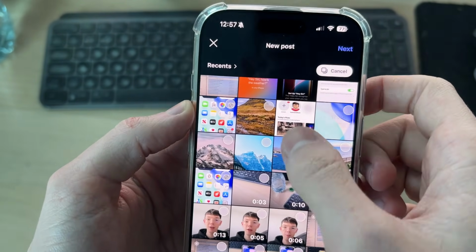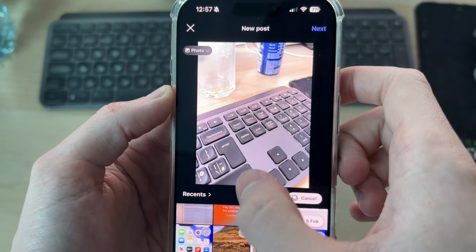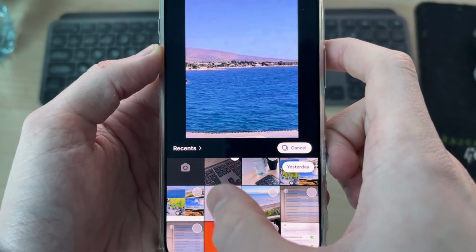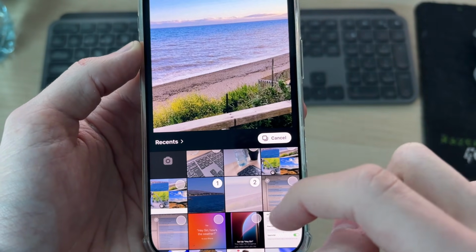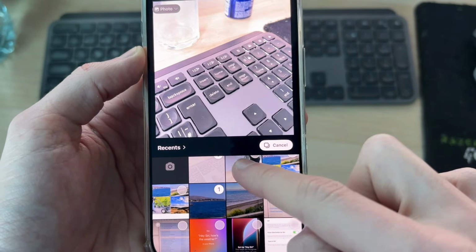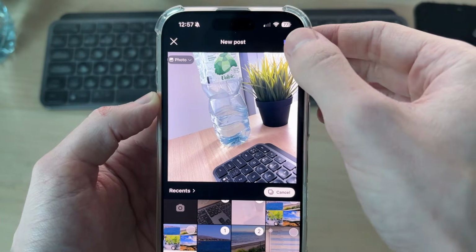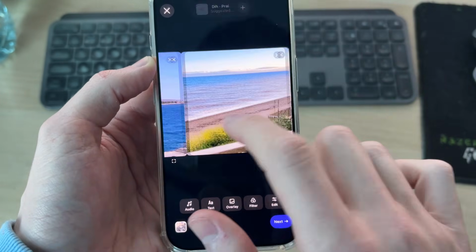So I want to go and we'll start with this one here. So it may automatically go and select one. If it does, you just tap on it to unselect it. Then you can go and tap them in the order you want them to be in. You can still go and change this later, don't worry. Then you can go and press next in the top right, and you can then swipe across and go and